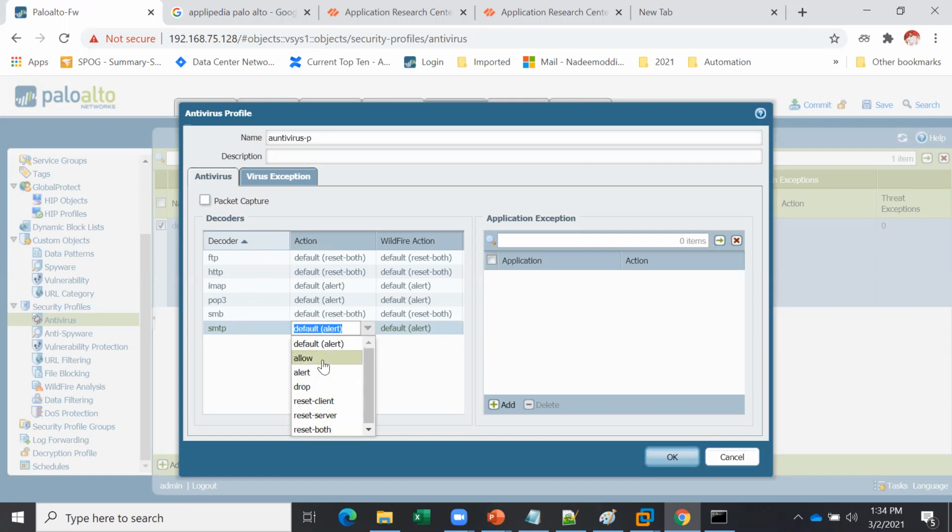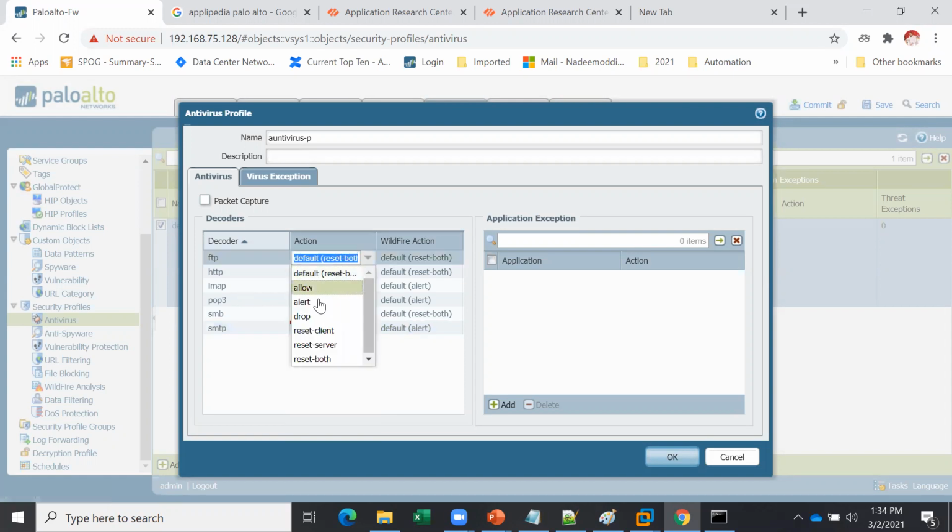Who will take this decision? The network engineer? No, the security team. They will say, okay, SMTP we want allow, but at least we want an alert for that, because these logs will go to the syslog servers. We want FTP to be dropped; if anything comes with FTP, drop it.